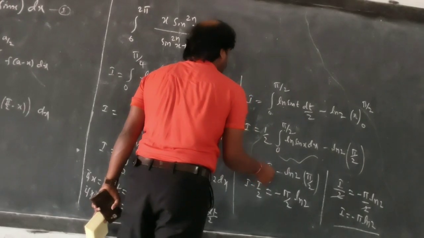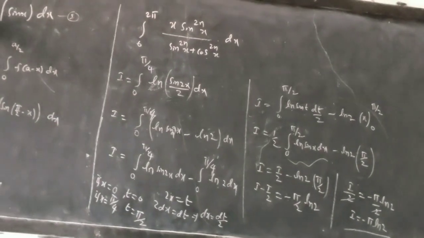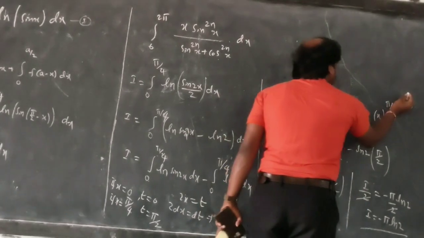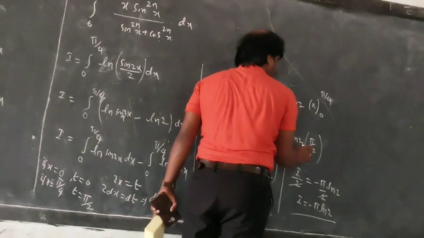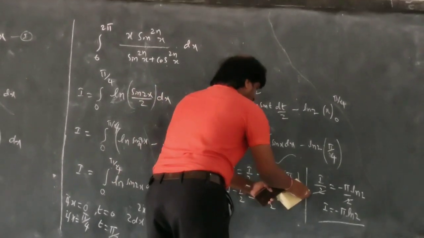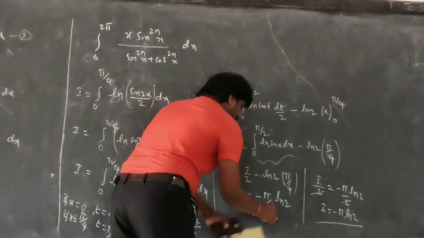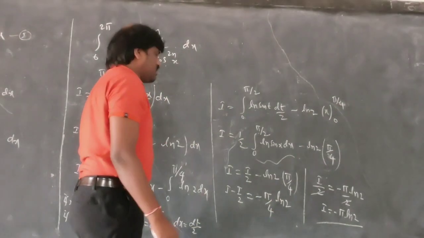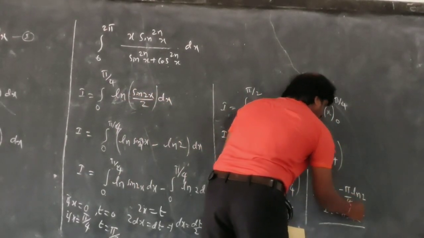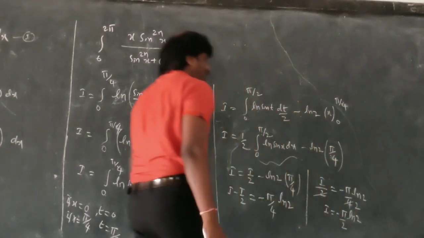I integrate sin, pi by 2, and you get the same thing. So this is appearing as the question itself. So I get I by 2. So here is pi by 4, so this answer will be pi by 4. Therefore I get pi by 4 here, I am going to get pi by 4. So when I just cancel, I get the answer as pi by 2 minus pi by 2 ln 2.